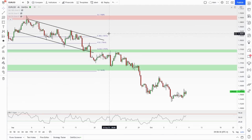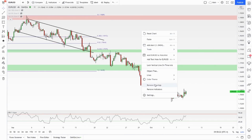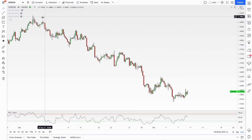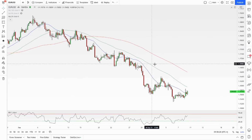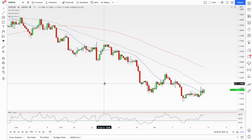Let's move on to Euro USD. We'll take a look here, and it does seem like the path of least resistance is continuing here. We have this downtrend still in play on the euro against the dollar. Now, towards the end of the week, we started to poke up into that overbought territory on the RSI,